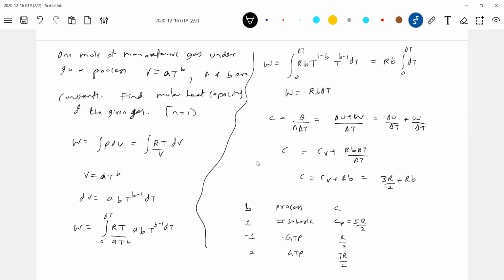So what an engineer will do is design a machine which will control the value of B. That's all. A cylinder will be there. I'll fill up a gas. There will be a piston. I can supply heat or I can extract it. Then there will be one machine which will control the value of B. By using that machine, I can make the gas undergo any of the processes.